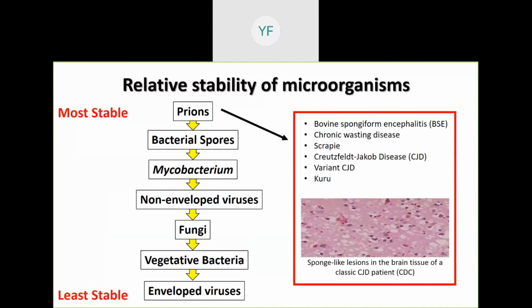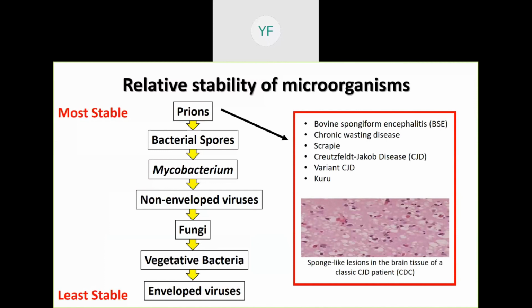Prions are pathogenic agents that are transmissible and induce abnormal folding of specific normal cellular proteins called prion proteins that are found primarily in our brain. The prion disease that everyone's probably heard of that's related to food is bovine spongiform encephalopathy, or mad cow disease. To inactivate prions, we have to apply very, very high heat or harsh chemicals to get rid of these prions.